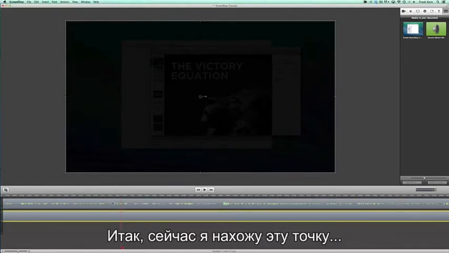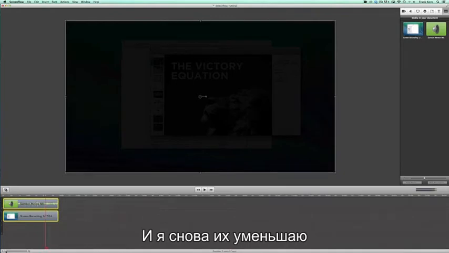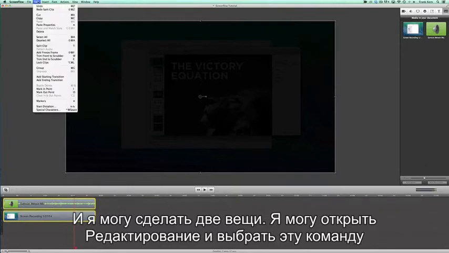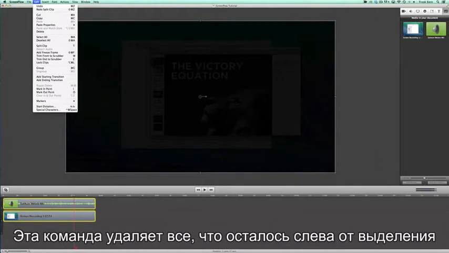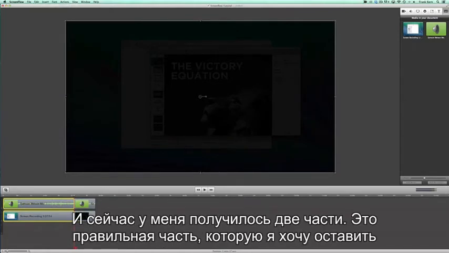So what I do is, now that I found that point, I want to make sure both assets here are highlighted. So you just click either one and hold shift and click the other, and it'll highlight both. Go down here and I just make it small again, right? And that way I can see where I am. And there's 2 things I can do. I can go here to edit and I can say trim front to scrubber. If I do that, that'll get rid of everything to the left of here, everything before this thing. This is called the scrubber. Or I can split the clip, which I'll do right now,